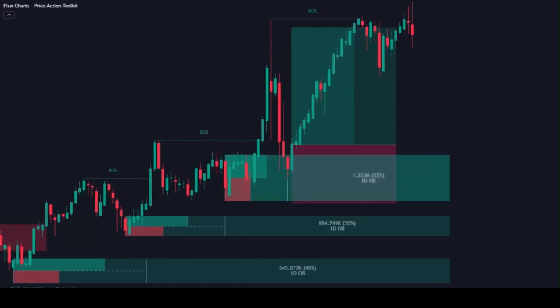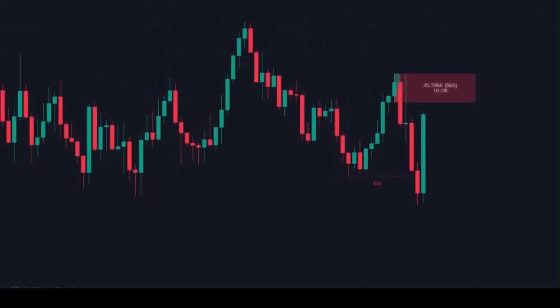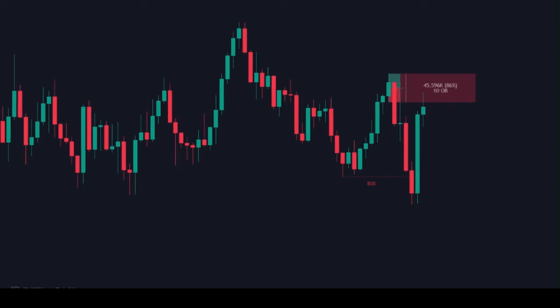Now, let's look at a bearish example. So here we can clearly see that we are on a bearish trend. And up here we can see this fresh order block printed by this indicator. Next, we can also see that price broke structure right after forming the order block. So before this setup is considered valid, we want to see price retrace back to the zone and give us a bearish candlestick formation that will confirm price reversal from the zone. And when that happens,